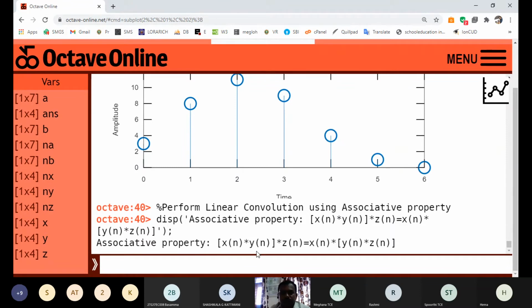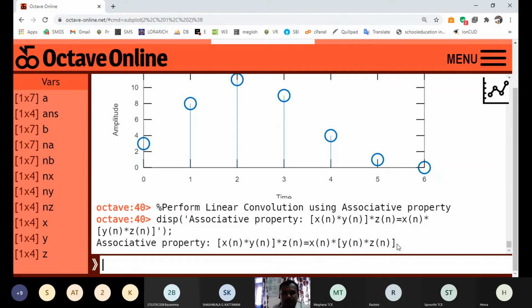The linear convolution of X into Y is once again linearly convolved with Z, the third signal, which equals the linear convolution of the second and third signals linearly convolved with the first one. X into Y, the overall product is once again multiplied with Z, which is nothing but Y into Z multiplied with X. Okay, LHS and RHS, same thing.